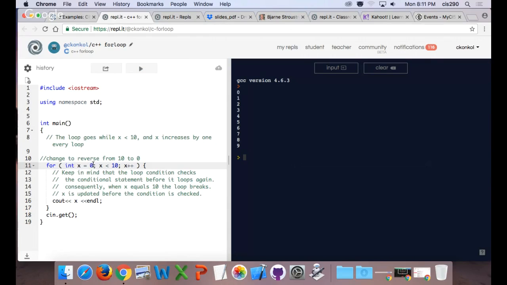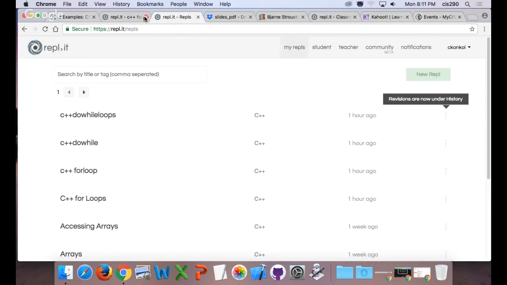So what I want us to do is reverse this logic. I want you to go from 10 to 0 instead of 0 to 9. Go and do that.